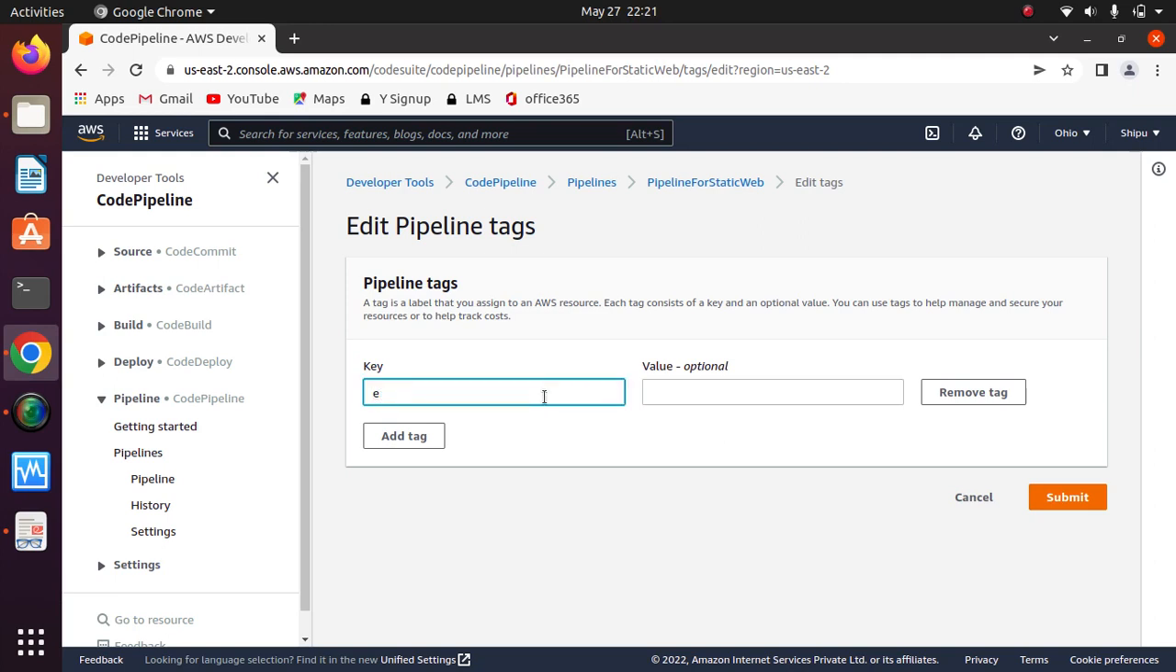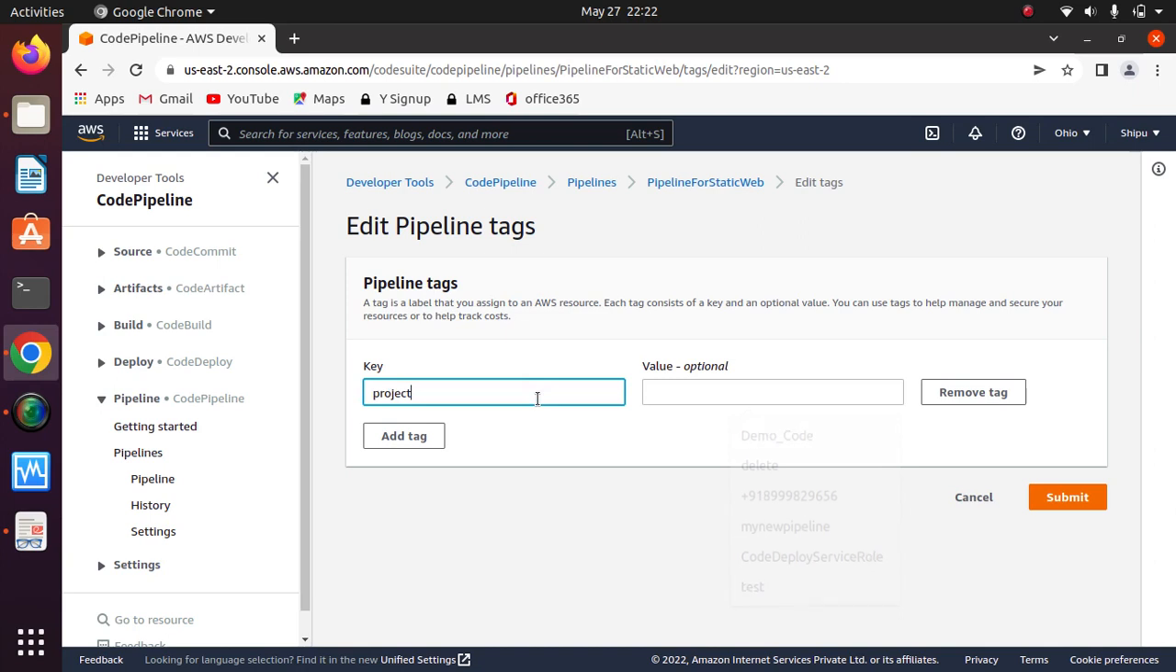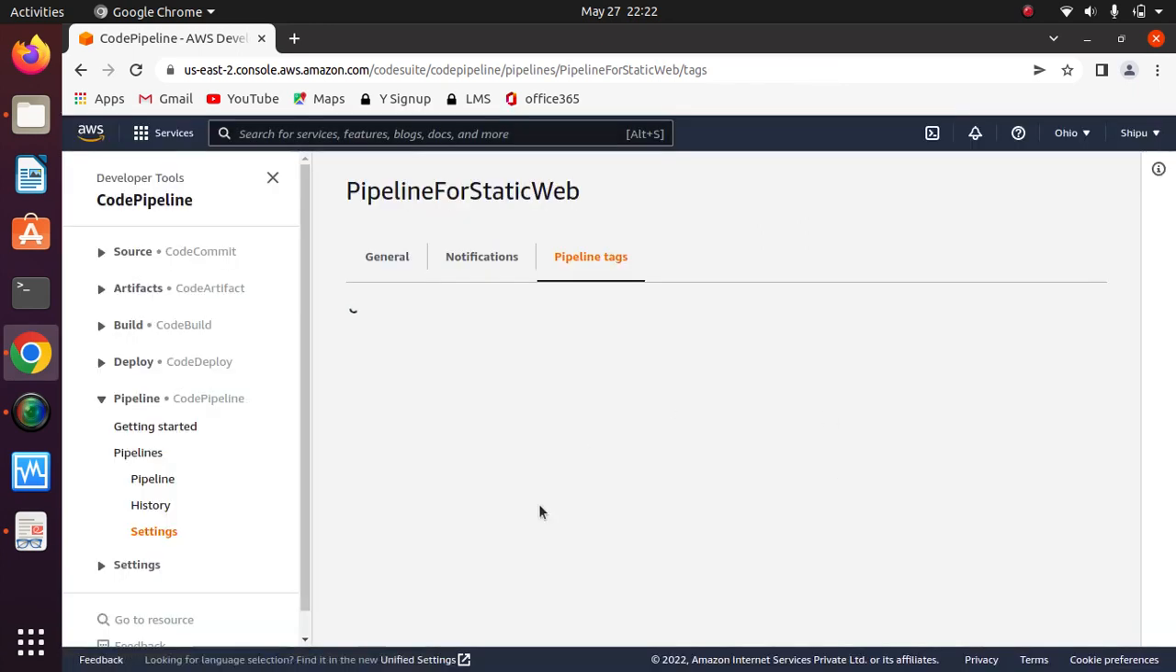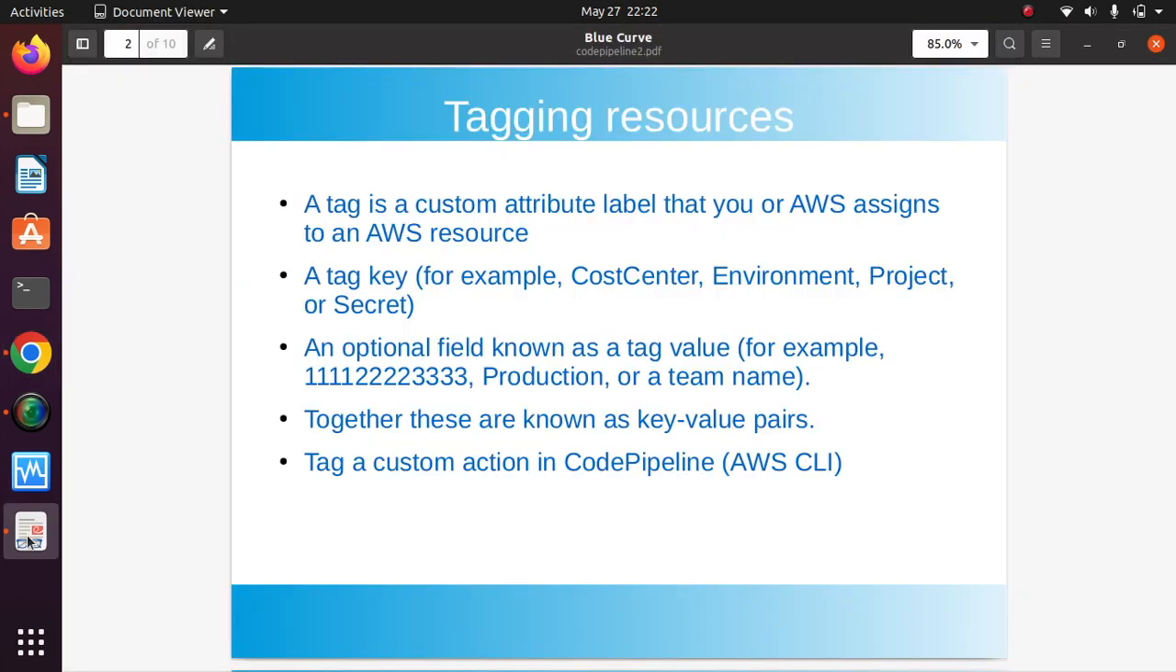Otherwise, if you are working on any project, give the project name as well. Okay, so this kind of tags you can give to a pipeline. For now I'm not giving any tag, right? Then okay,